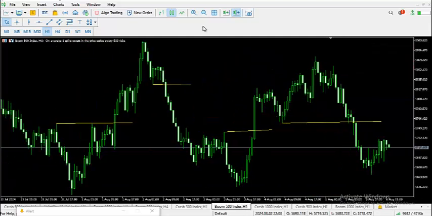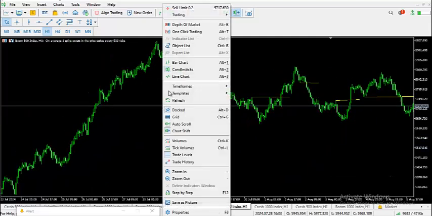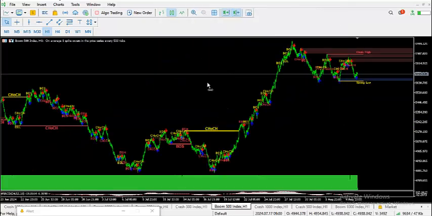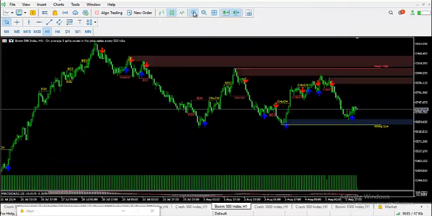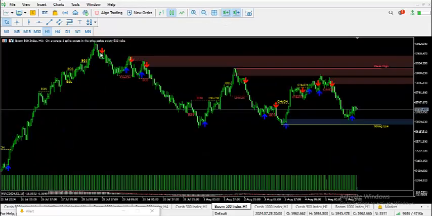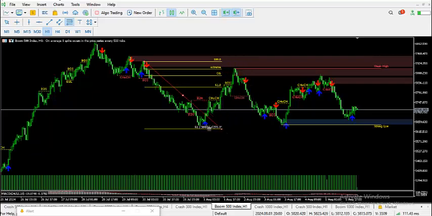Also over here, Boom 500. If we apply that same template, you will see the indicator giving us a nice entry. You can see over here. Okay, look at it. All right, we remember this analysis. Okay, saying if we draw our Fibonacci here to this end, okay,